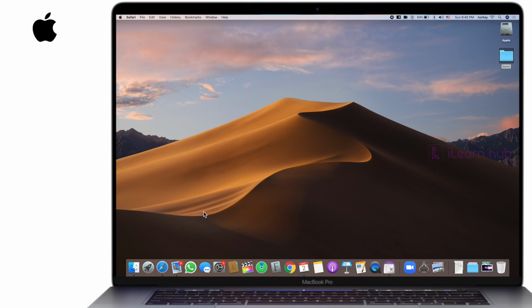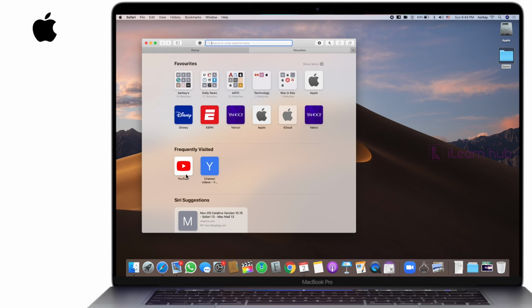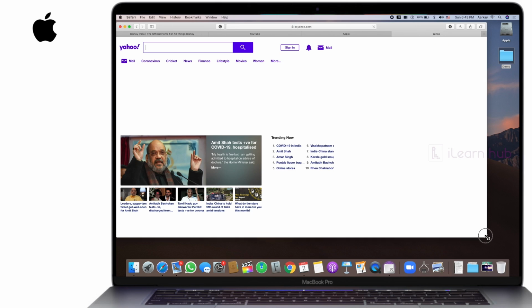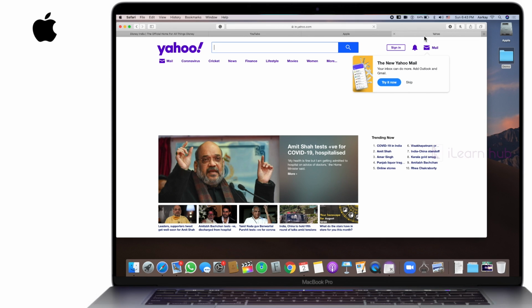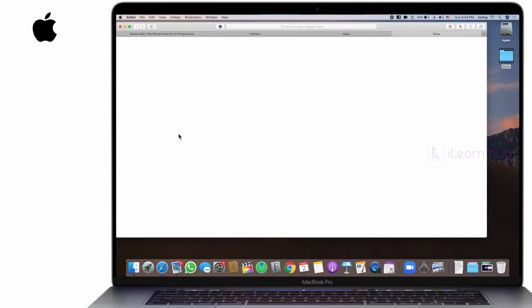Okay, let me open Safari. Normally you will see Quit Safari, Command Q. Let me do one thing. I'll open Disney. Another tab is going to be YouTube, Command T, Apple, Command T, Yahoo, like that, multiple windows. Now you can see that all the different windows show different things. But now if I use Command Q, it basically quits. But when I reopen Safari, you will see all the closed windows reappear exactly where you left them.